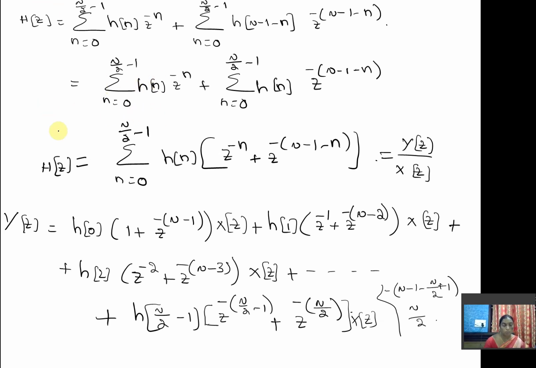That means we first sum the delay units. So here is a delay unit. How many delay units? n minus 1 delay units are there. We have to add this one with the 1, and then here n minus 2 delay units with the 1. Here n minus 3 delay units with the 2 delay units. Here n by 2 delay units with the n by 2 minus 1 delay units. That means here, so see this structure,